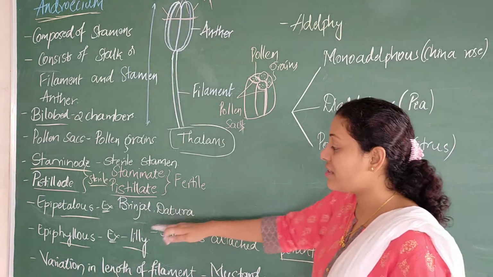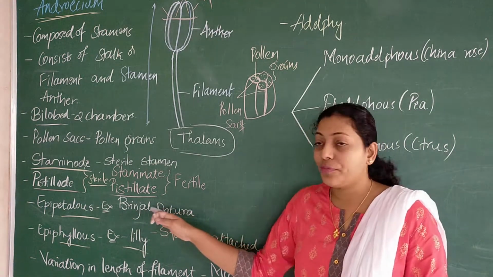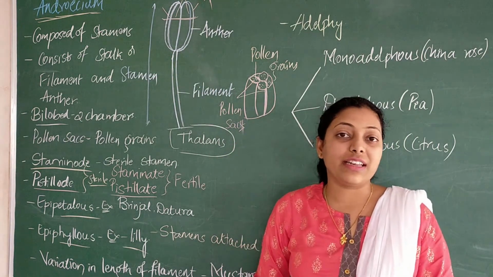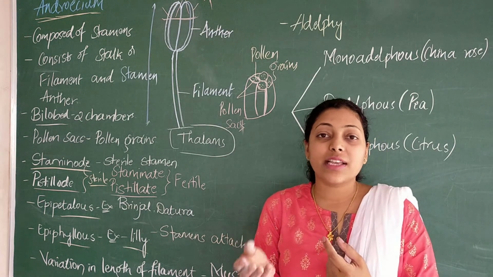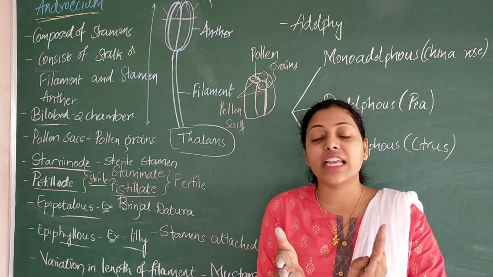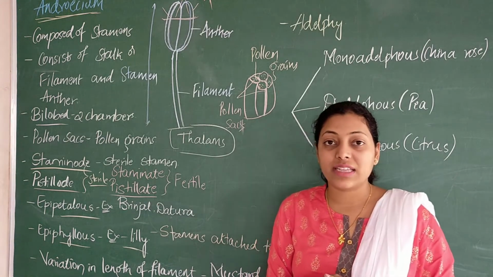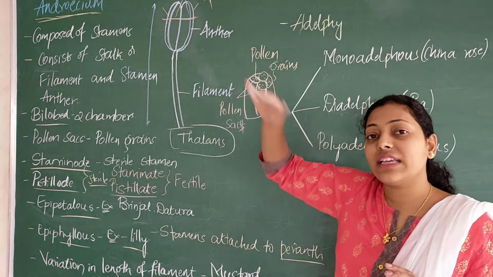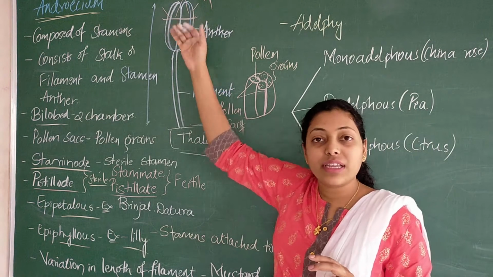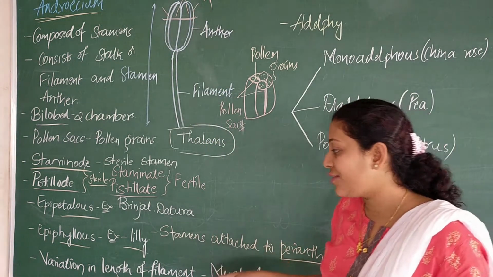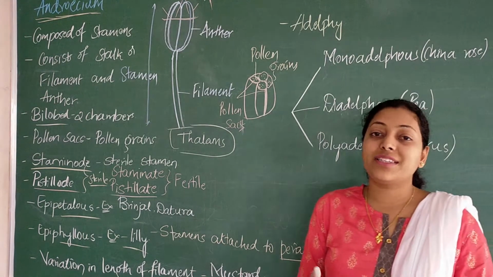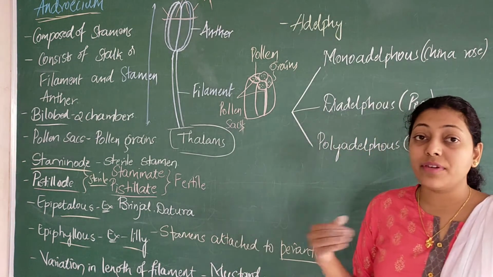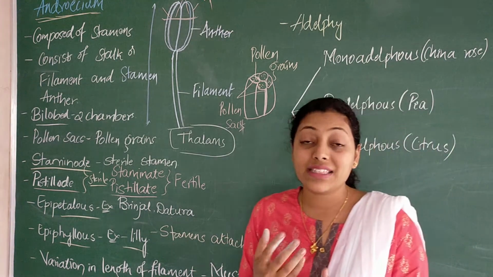There can be variations in the length of stamens too. In the case of datura, brinjal and lily, the stamens present are equal in length. But in certain cases, the stamen present on one side is not equal to the stamen on the other side. The filament of the stamen varies, one being short and one being long. This variation is found in mustard flowers, which consist of stamens wherein the length of the filament varies.